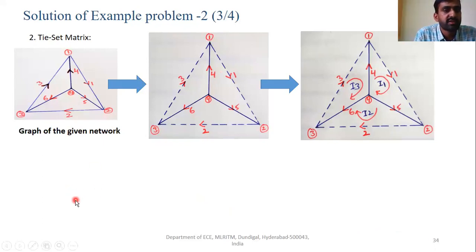As we know, the tie-set matrix is indicated using the alphabet B. B is equal to, let us form the matrix. So what are the rows?